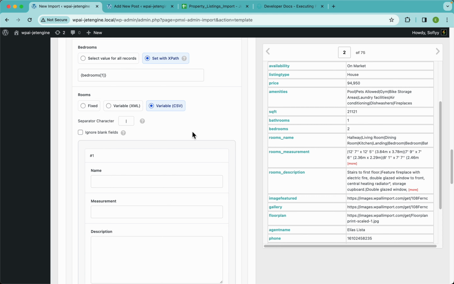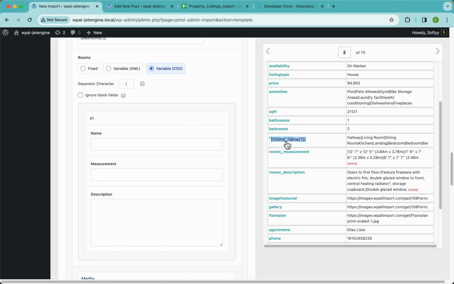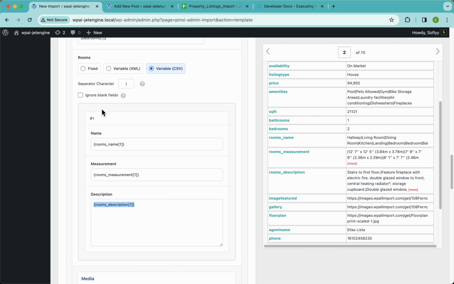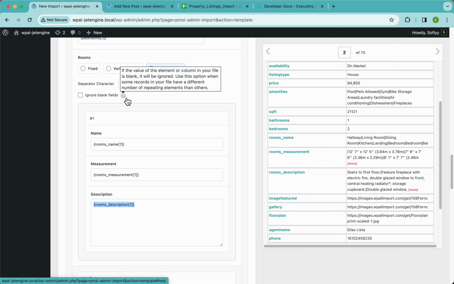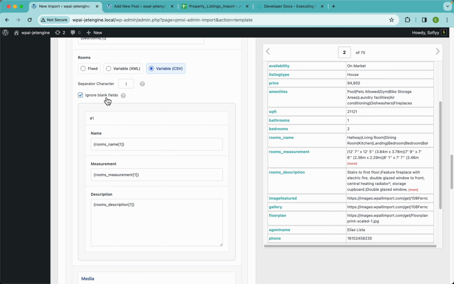So we're going to use this and drag and drop the room's name here, room's measurement here, and room's description here. Now I'm going to enable this option that says ignore blank fields, and if you hover on the question mark, it says if the value of the element or column in your file is blank, it will be ignored. Use this option when some records in your file have a different number of repeating elements than others. Now this is our case indeed, so I'm going to enable this,